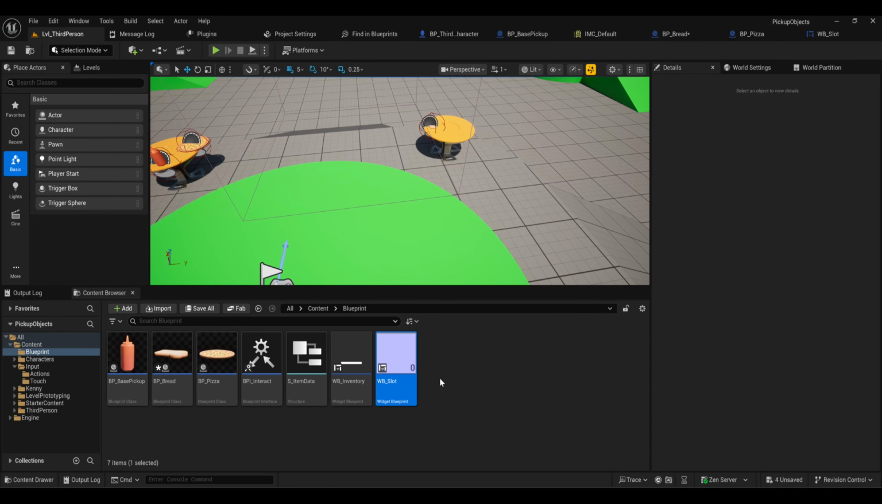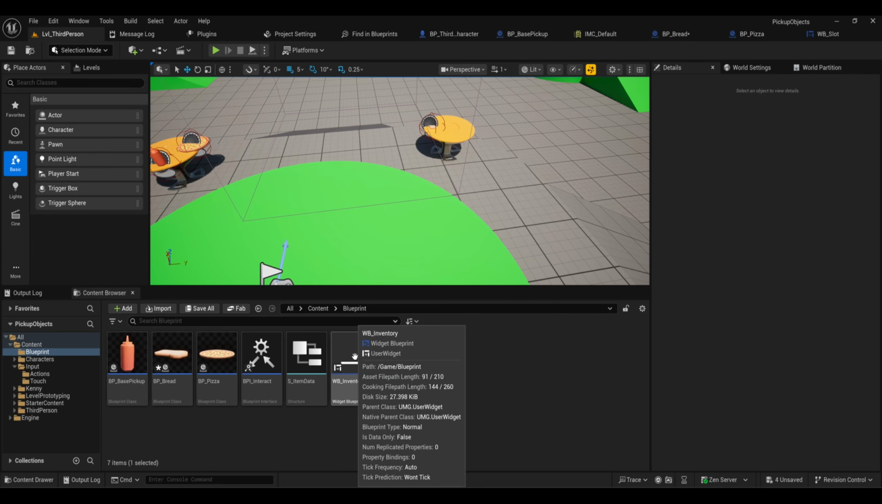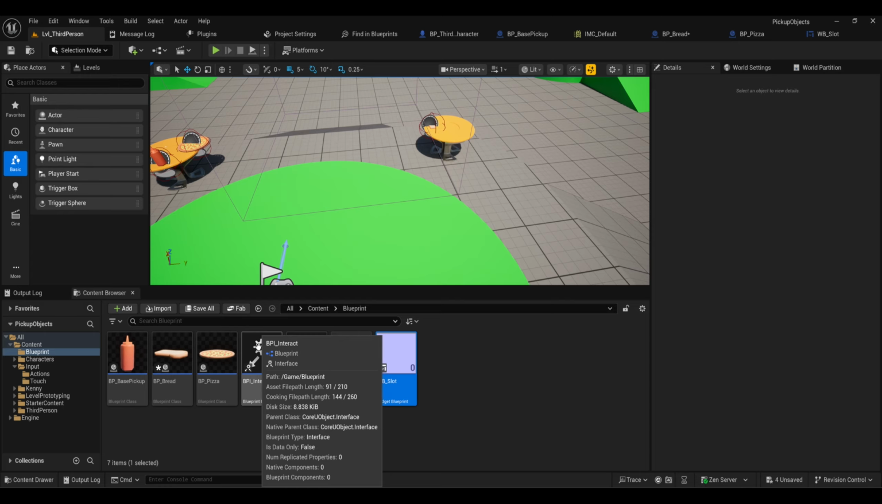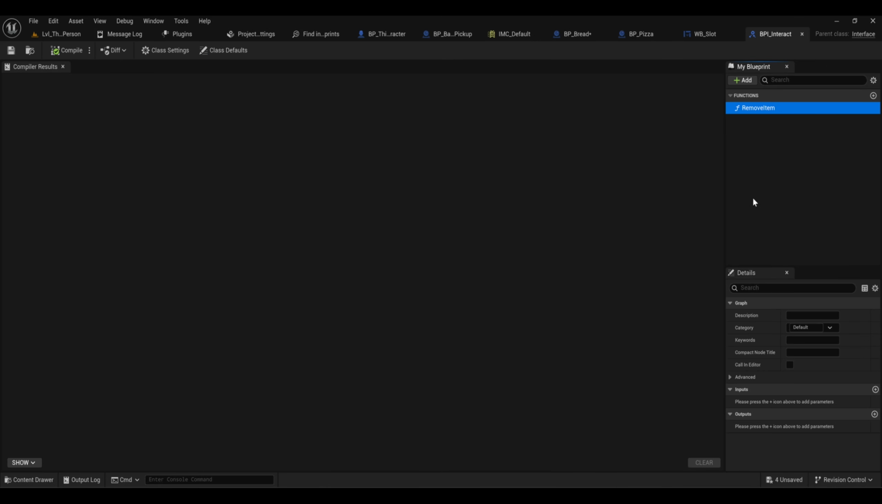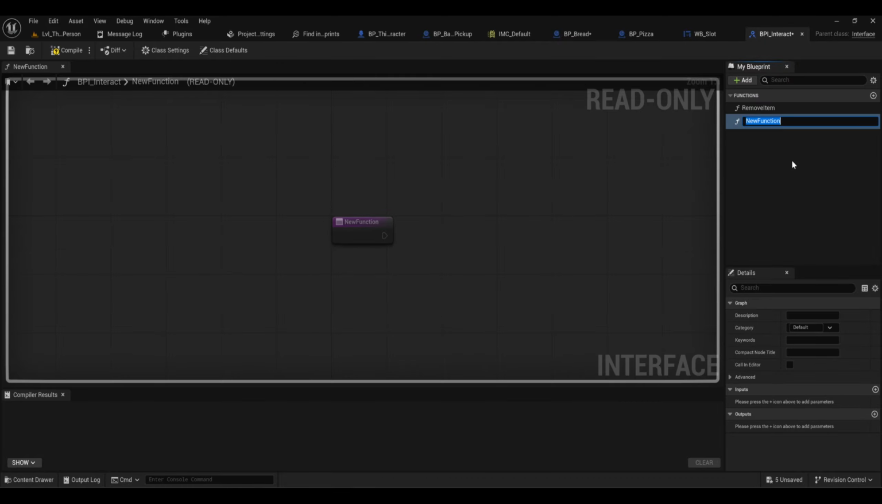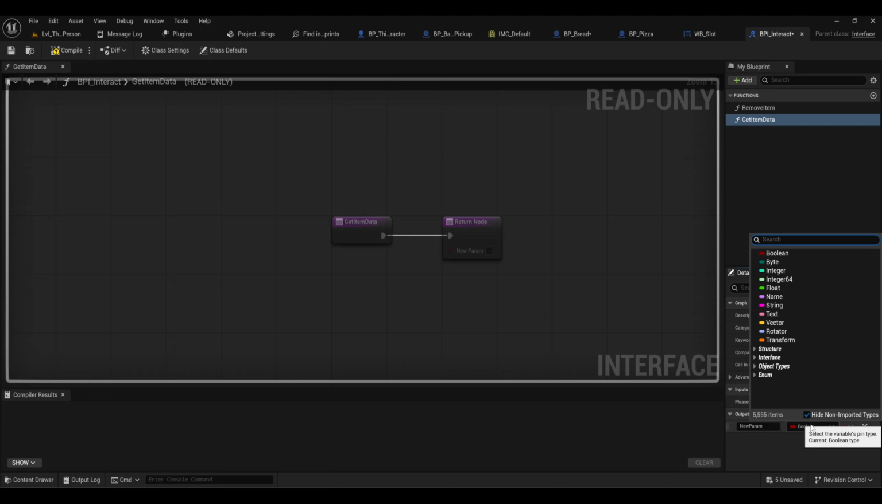viewport. And we had our BPI interact that we're using for communication between the object and our third person character. If I open that, and we have this remove item that we were using. Now we can just leave that as is. We're going to add a new function and we're going to call this get item data. And in the outputs, I want to click the plus, and then I want to change it from Boolean to our structure. So if I search for s underscore